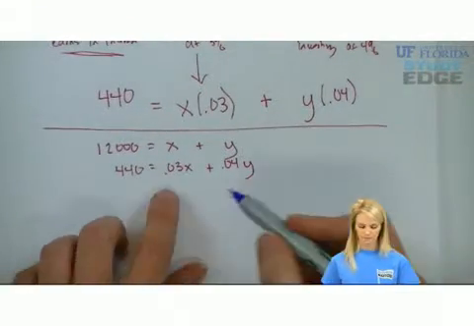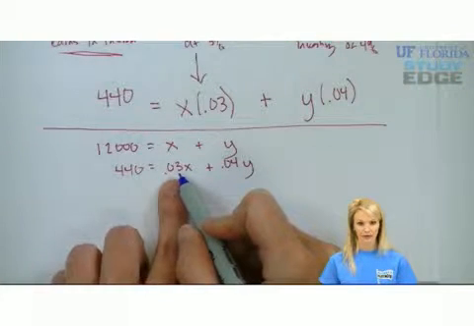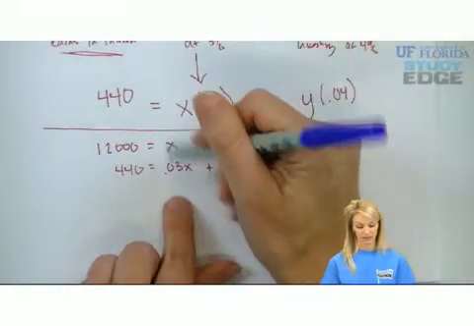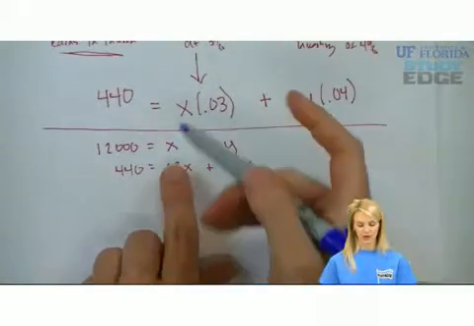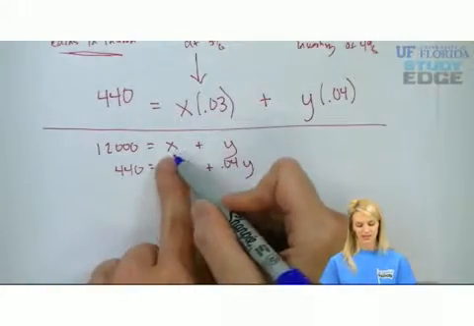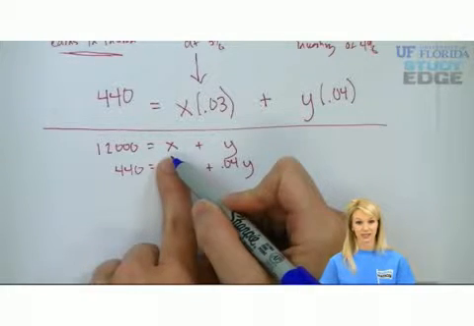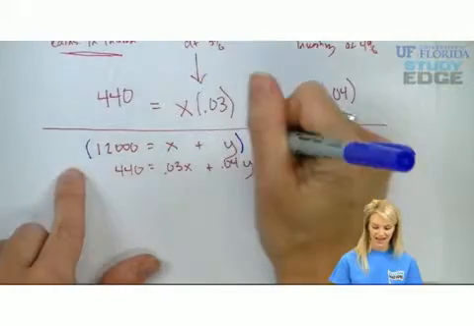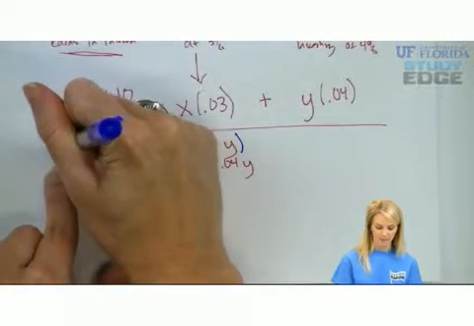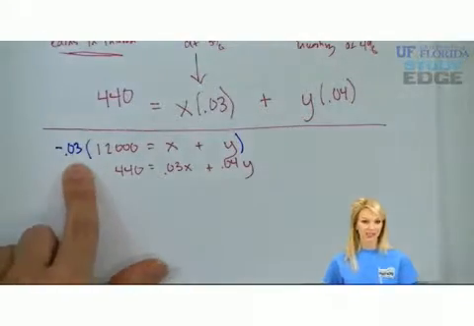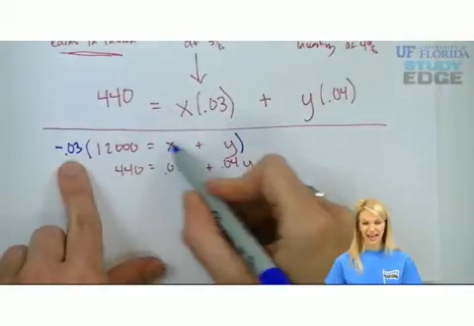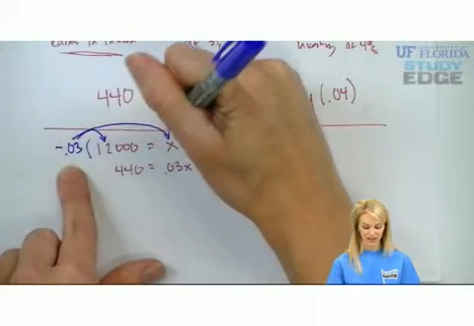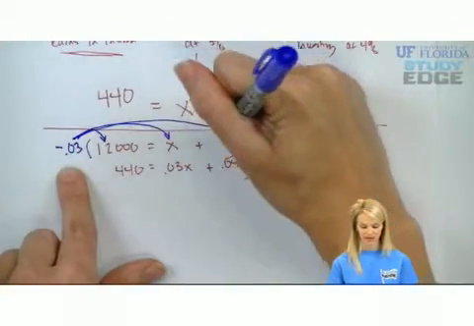So what do I want to do? If I have a 0.03x here, I would want this to be negative 0.03x. So when you add them together, they would cancel out and be 0. So what would I do to get this x to be negative 0.03x? I would multiply everything in my top equation by negative 0.03. Let's see what happens when I do that. When you do these elimination problems, every single thing needs to be multiplied